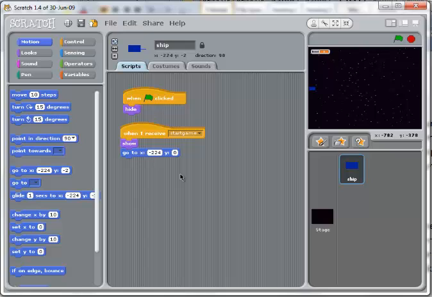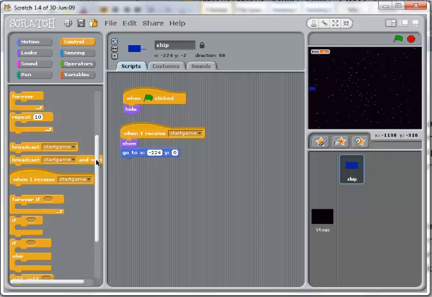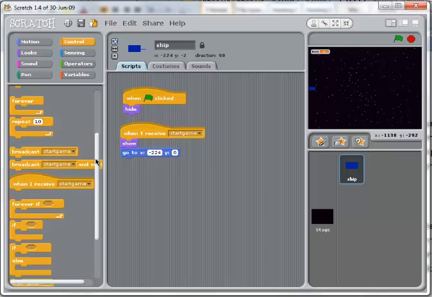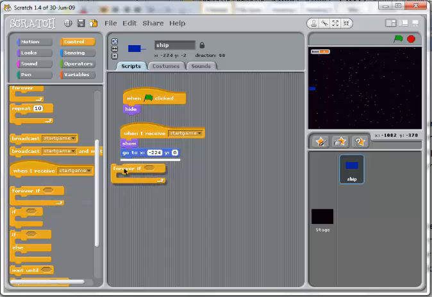At this point, I'm going to have to put in a loop so that it will keep running till the end of the game, so that I can actually monitor the keys which are pressed by the user. To do that, I use the usual forever loop. However, I'm going to change to the forever if. The forever if is like the forever, but it will only run if a particular condition is met. And in our case, the condition is that the level is greater than 0, because we want the game to be in the playable mode. So forever if